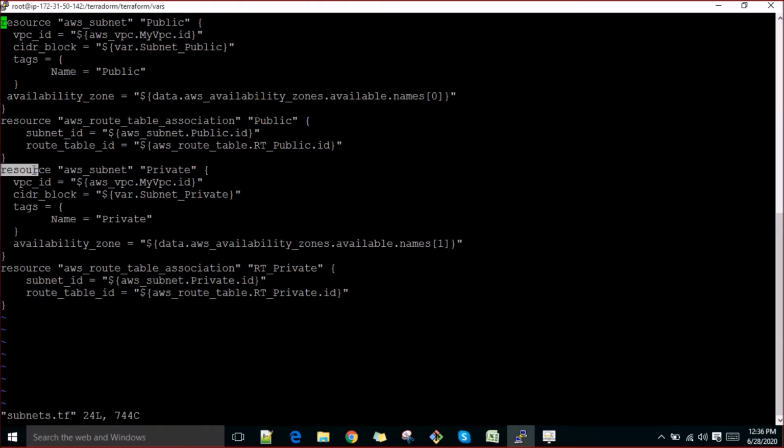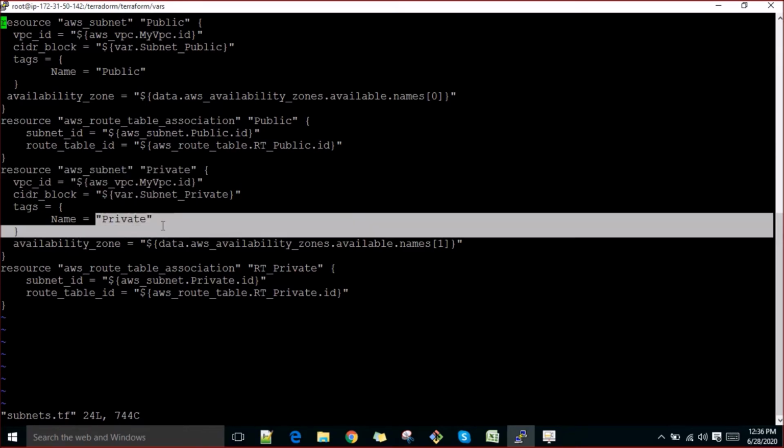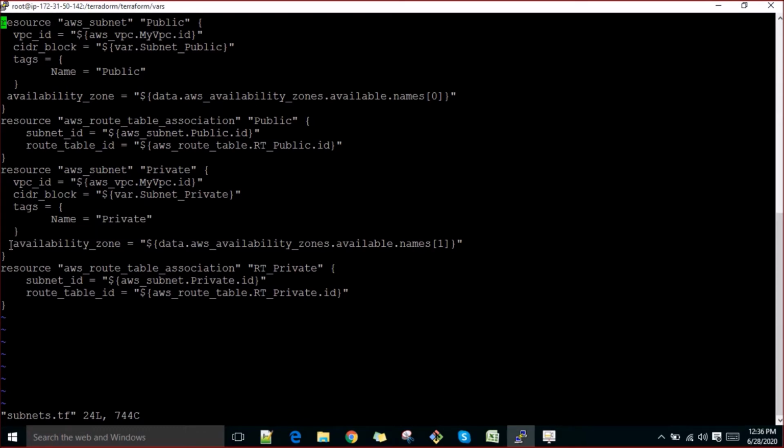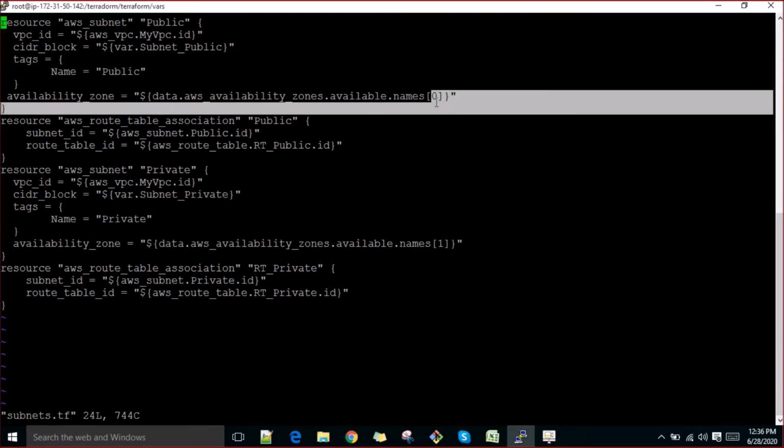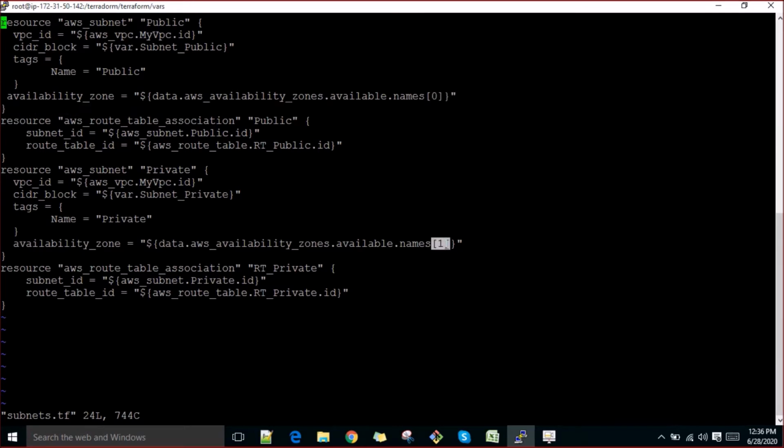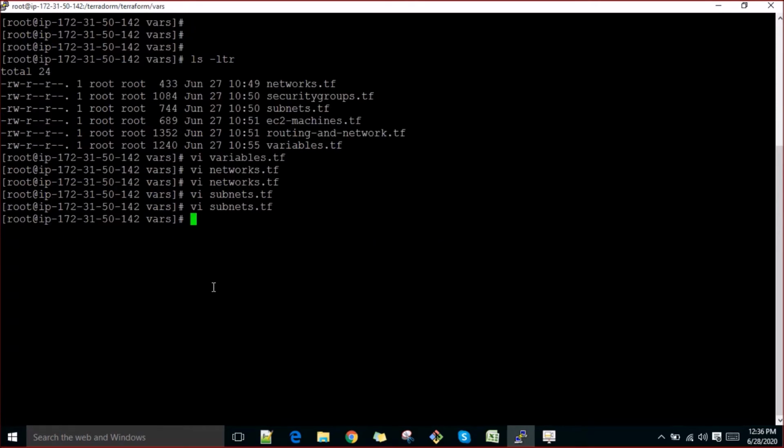In the same way, we are creating the private subnet here, and the CIDR block name is this, and this is the private subnet. Again, the zone is, we are saying this should be in 0 and this should be in 1. We are just changing the availability zones here. The next is, again we are associating the route table with this, right? RT route tables, right? This is the private route table, and what we are saying is the subnet ID would be this and the route table ID would be this. So we must have created the route tables also.